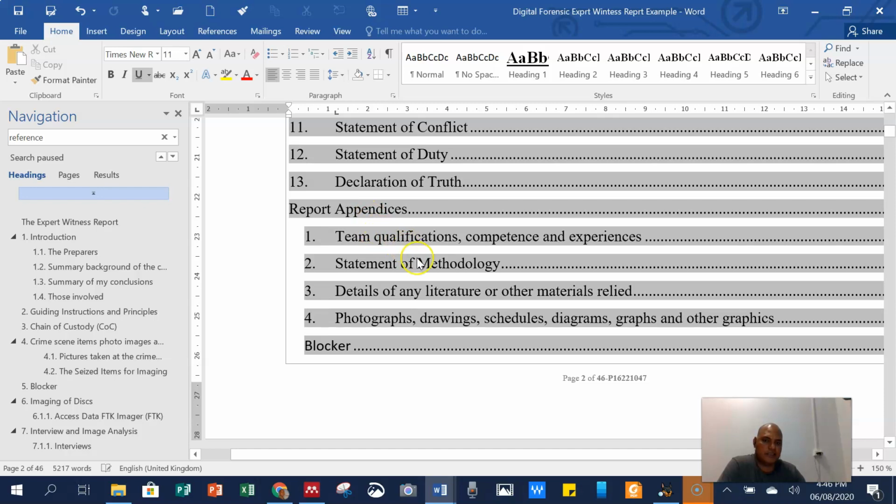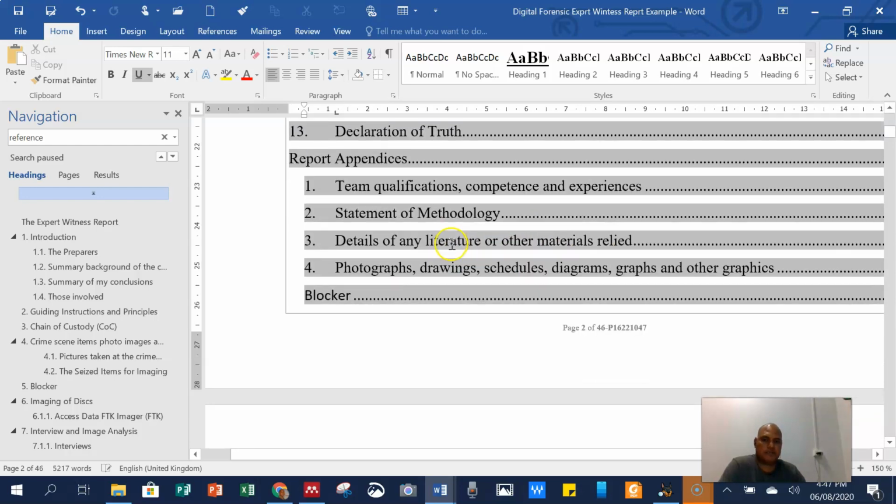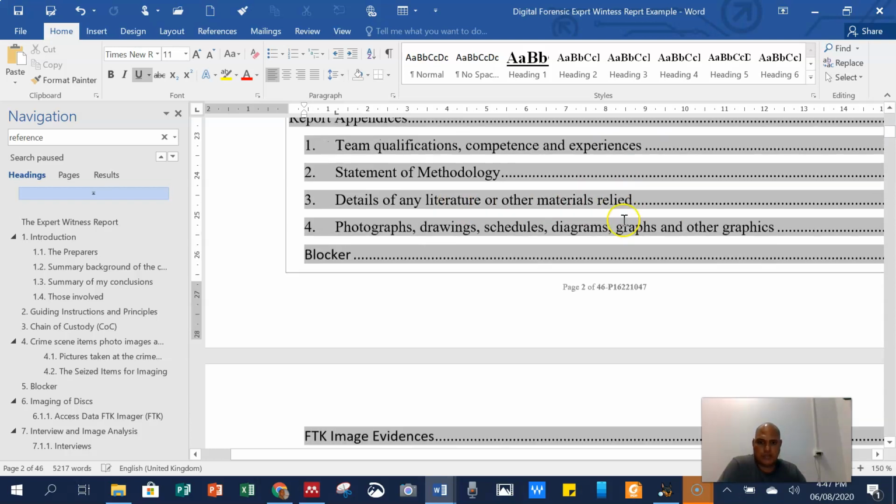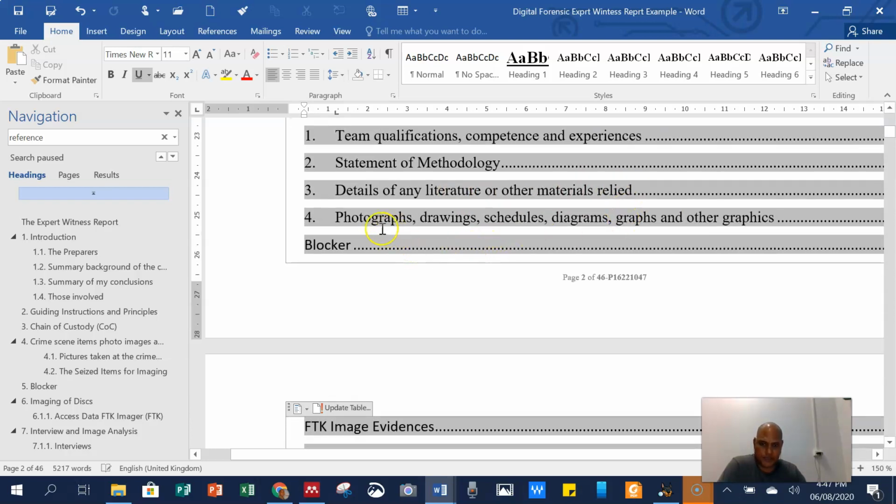The appendices look at the statement of methodology that has been implemented, and the competency and experience of the team that have been involved, and also the details of any material that has been accessed, relied on, and the significant literature that has been used to support the report. And other